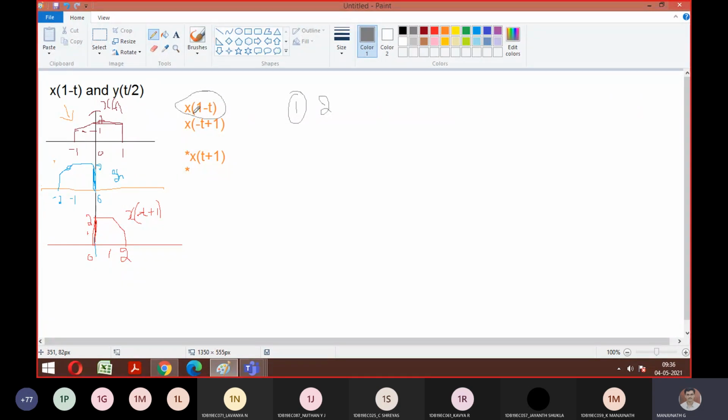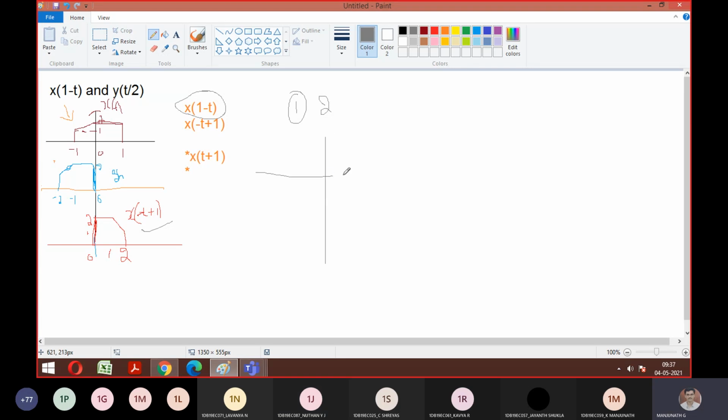You need to plot for which one, x of t or x of minus t? Minus t, sir. So you need to plot x of minus t. I hope you know how to plot x of minus t, guys, correct? So reflection: if you do x of t, reflection becomes x of minus t. If we delay that by 1 bit, is it the same answer we got just now? Yes, sir.